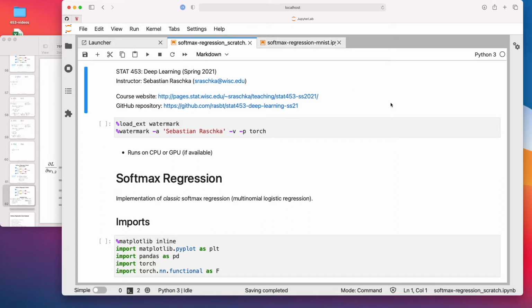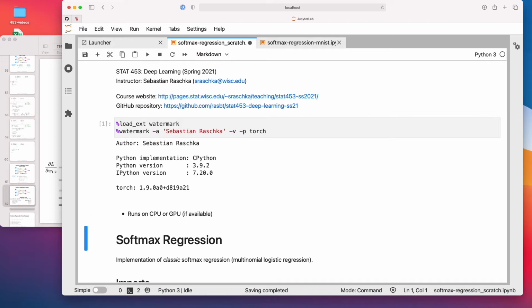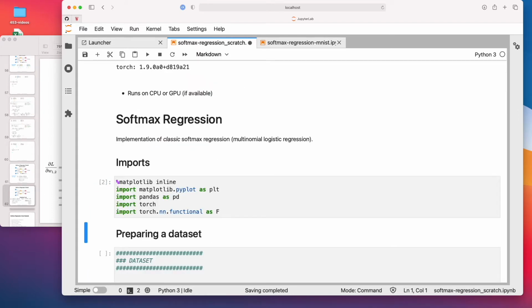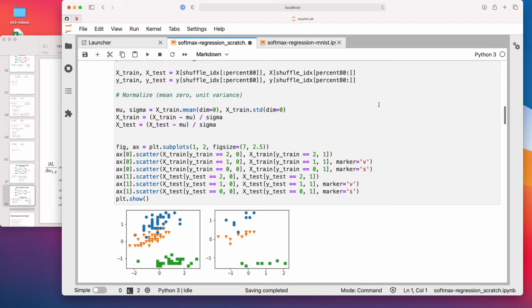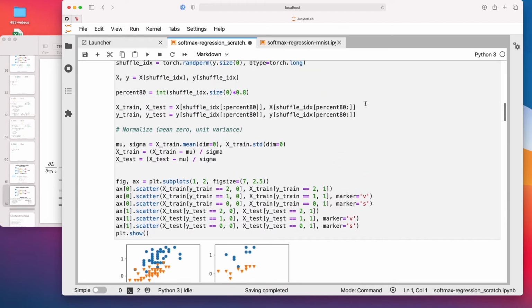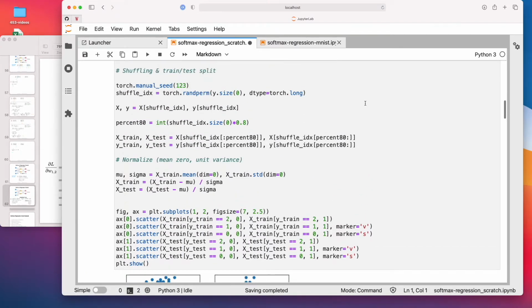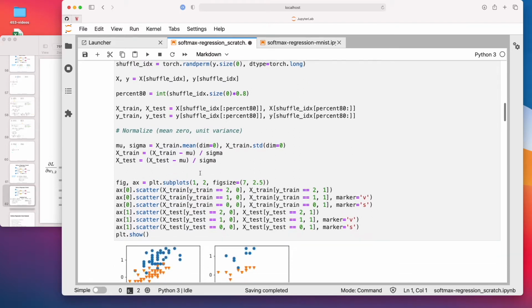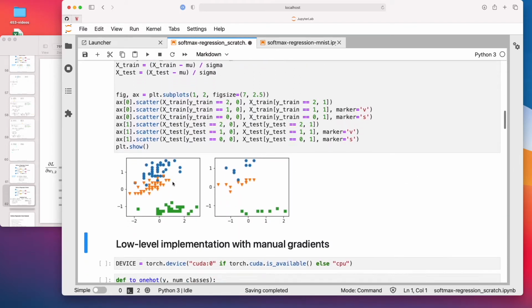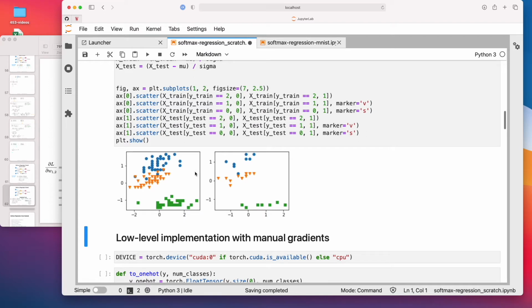All right, so let's execute the boilerplate here first. Just getting it out of the way. And here, the data loading, there's nothing really new going on. It's the same code I used for these toy datasets and the simpler iris dataset I used before, so I don't want to spend too much time discussing this again. It's essentially the same, only that this time we are using 3 classes instead of 2. So we have now these circles, upside down triangles and the squares. The left hand side is the training set, and the right hand side is the test set.